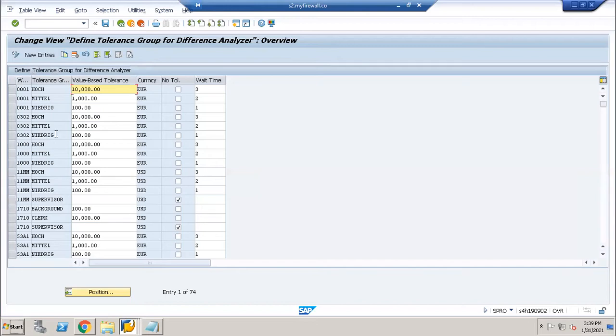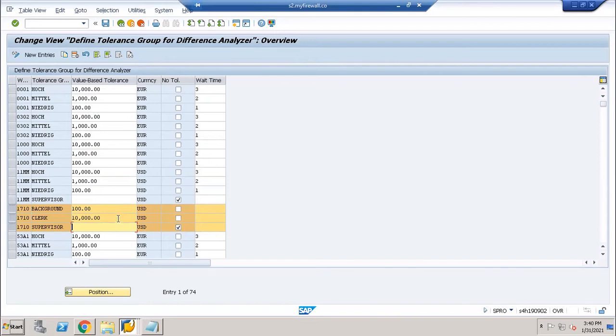Like a tolerance group, for background it is 100%. For clerk, it is up to 10,000 USD. For supervisor, there is no value, means it is unlimited, no tolerances. He can do any type of quantity and value.